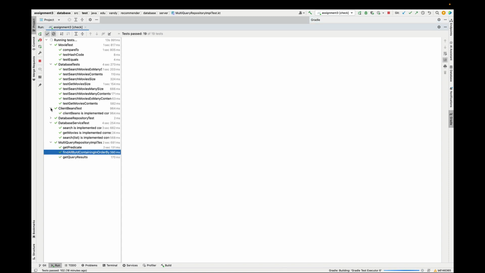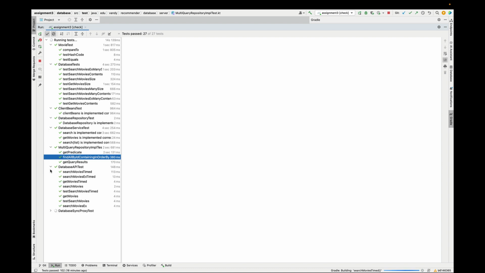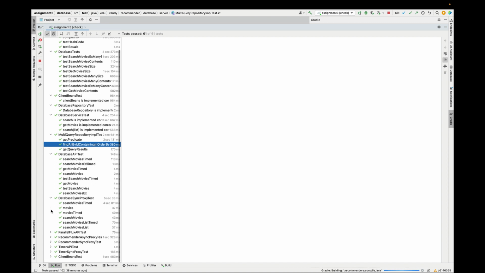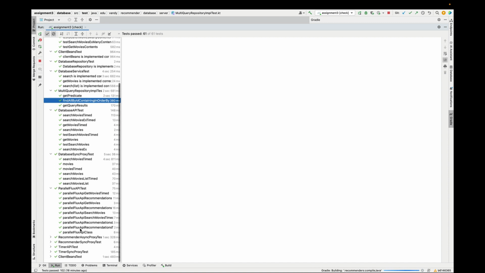So if you want to expand these different portions to see what works and what didn't, you can click on the little expander icon. But this will take a while to run. Notice that we've also got some new tests that we added, for example, the ParallelFlux API parts and the various proxies and so on. So after a while, things will